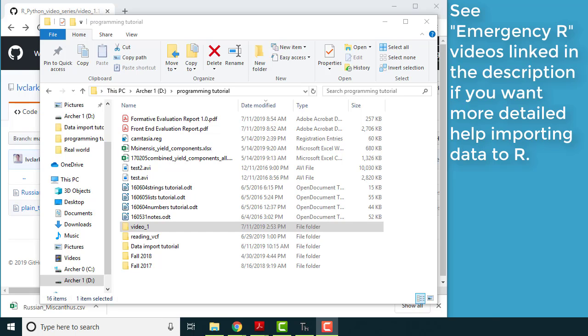Now, chances are you already have some data that you want to import and work with. And so if you find that this video is not sufficient for understanding how to do that, particularly if you're working in R, I have another playlist called Emergency R. And there are two different videos in there that cover importing data. So one of them is for if you have your data in a spreadsheet software like Excel and you want to get it into R. And the other one is if you have it in some other row column format like tab delimited or something like that. Maybe some specialized format that came off of some piece of software, how you would import that. So take a look at those if you find that you haven't learned everything you need to know from this